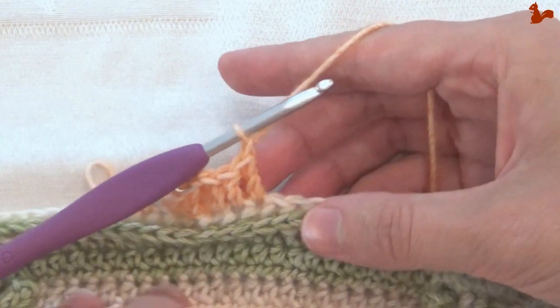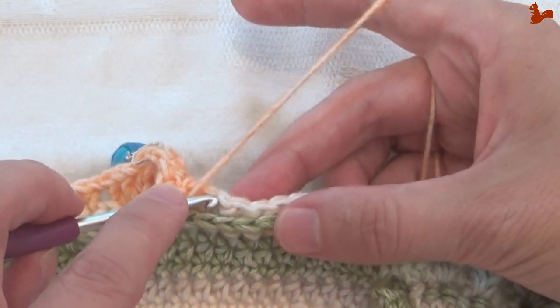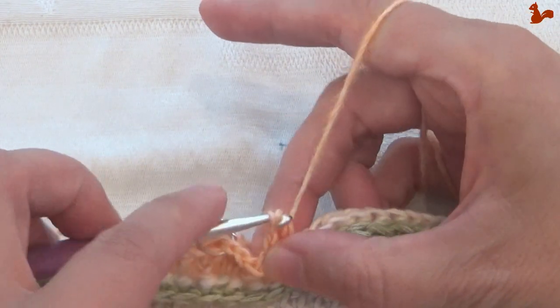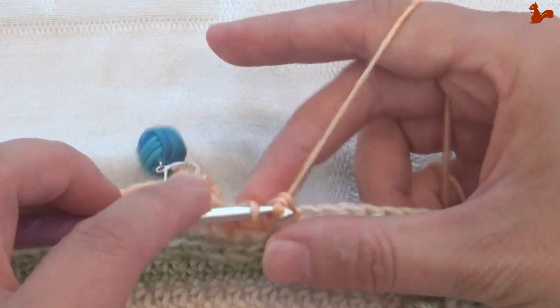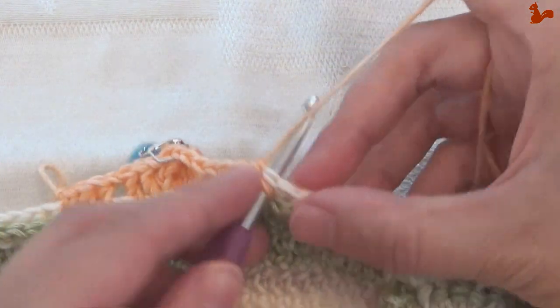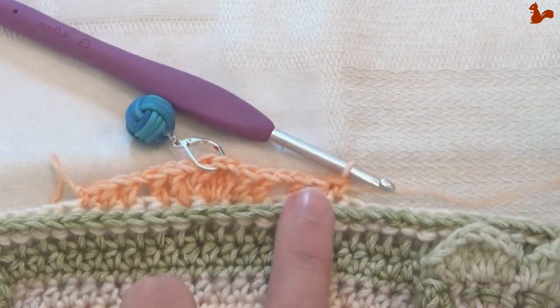Chain 1, skip a stitch, that stitch, then work 2 half trebles, 1, 2, and on your last stitch work a double crochet. Now you can cut your yarn